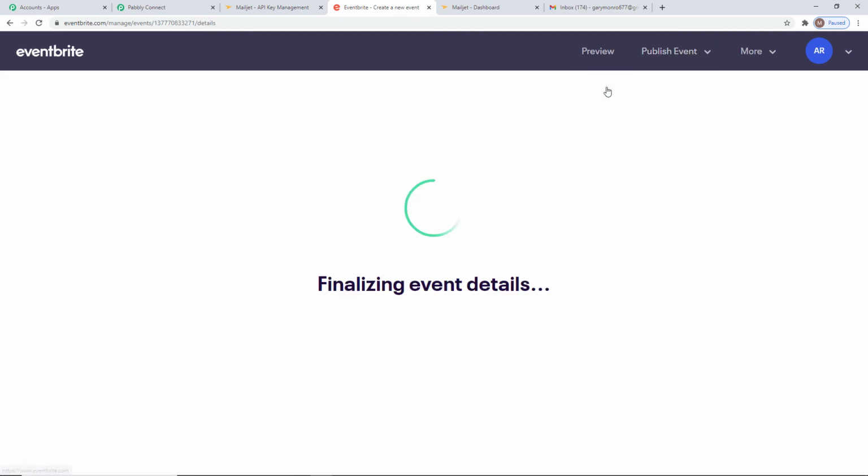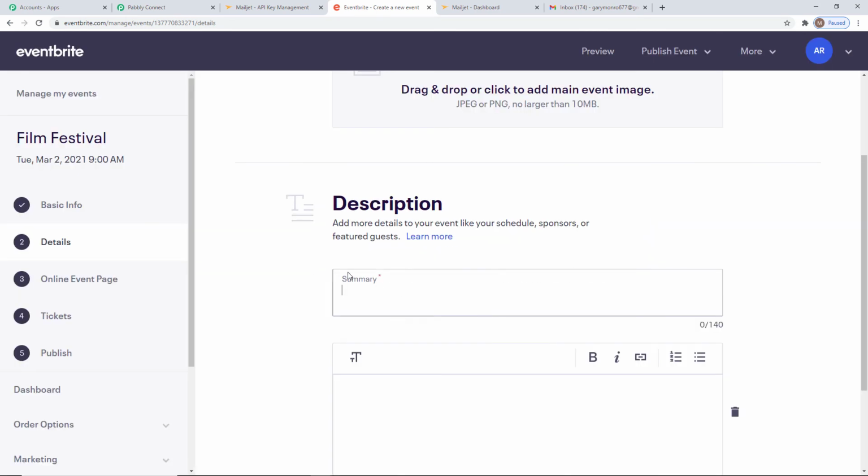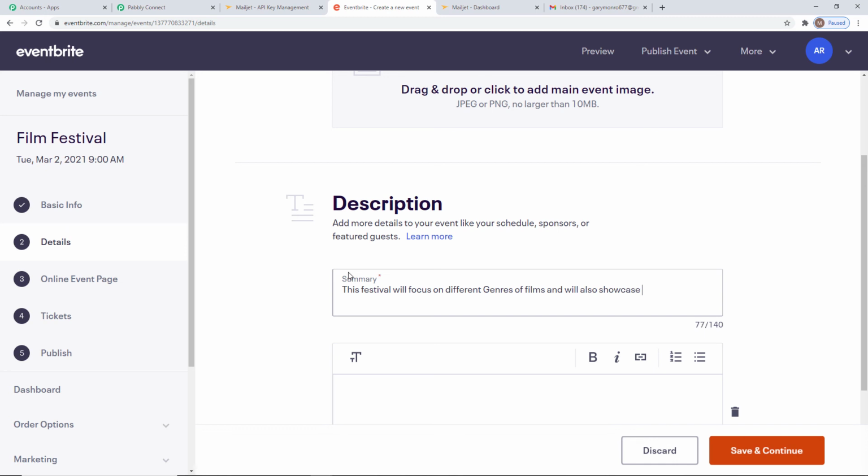I'll just publish this. Okay, summary I'm going to write. This festival will focus on different genres of films and will also showcase some well-known films.